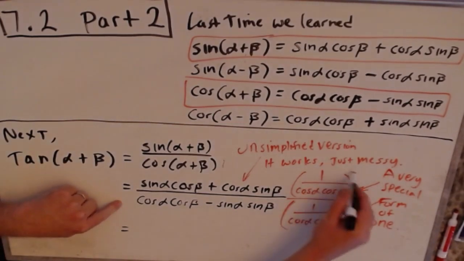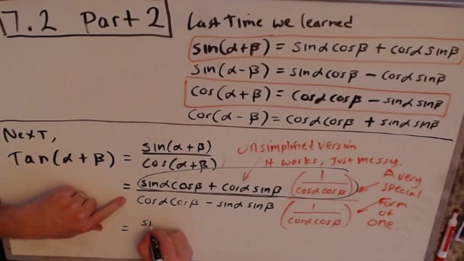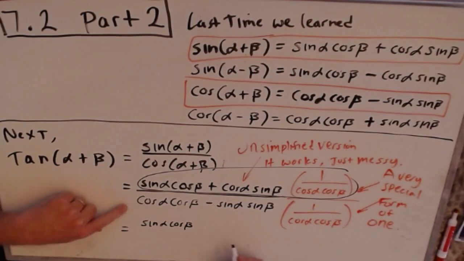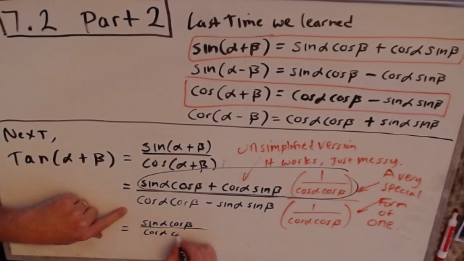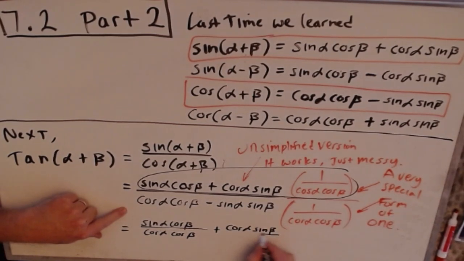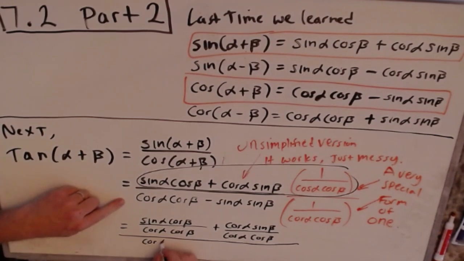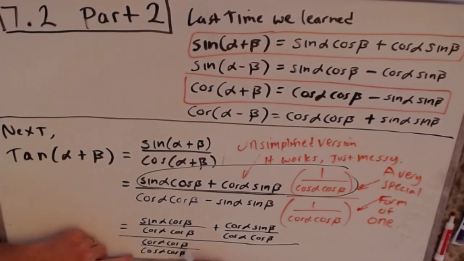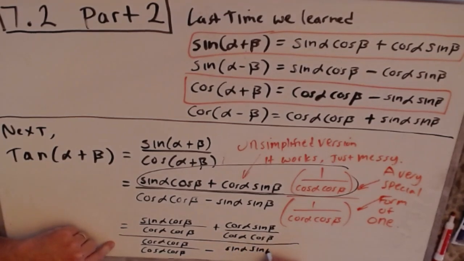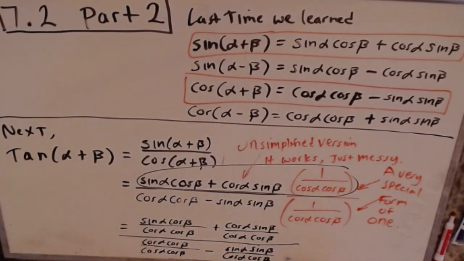So now you're going to multiply these guys. So now you have sine alpha cosine beta over cosine alpha cosine beta plus cosine alpha sine beta over cosine alpha cosine beta, all over, I'm running out of room here, cosine alpha cosine beta divided by cosine alpha cosine beta, so those are going to match, minus sine alpha sine beta over cosine alpha cosine beta. That's hard to see,